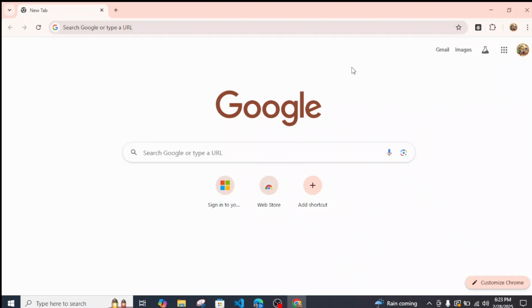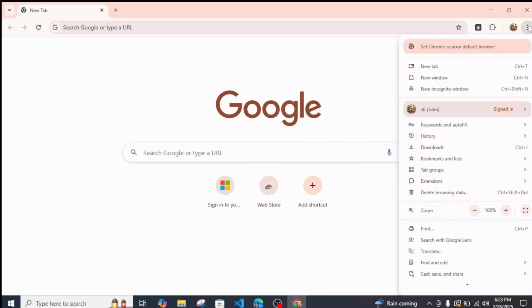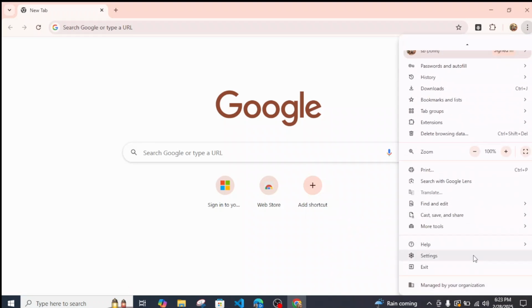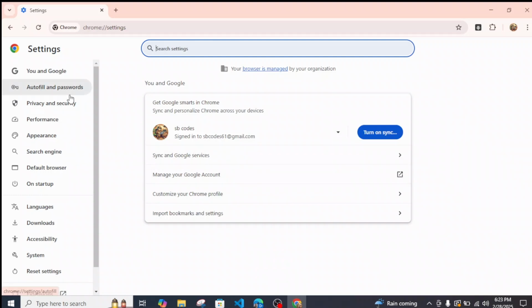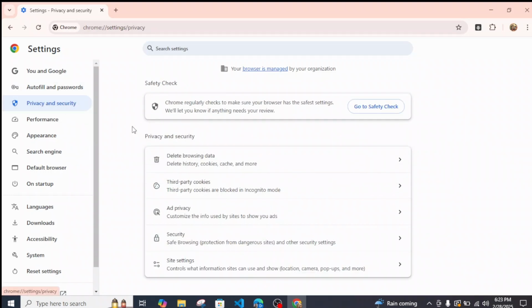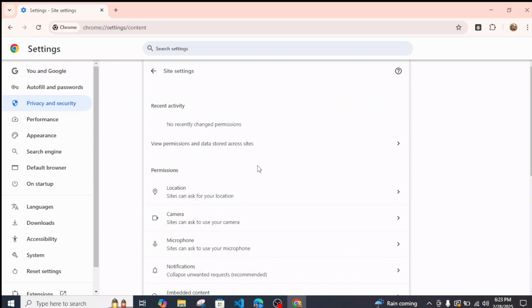So once you're inside your Google Chrome, just simply tap on this top three dot icon over here at the top right corner and just scroll all the way down until you see the settings. So once you're inside your settings, just tap on privacy and security. From over here, just click on site settings, and once you're inside here you will be seeing this location option